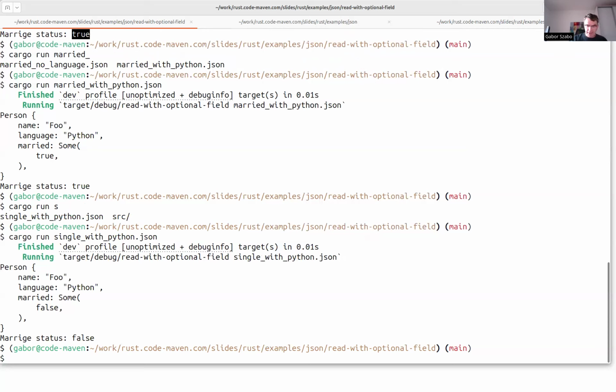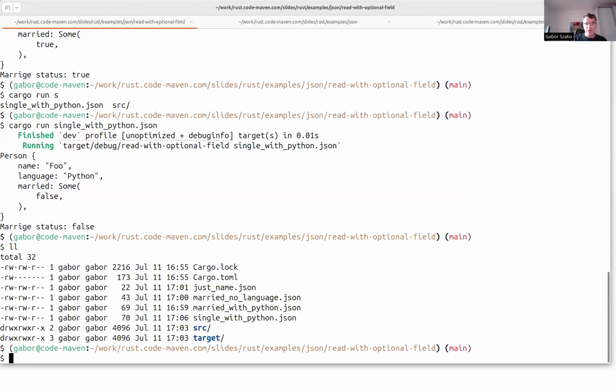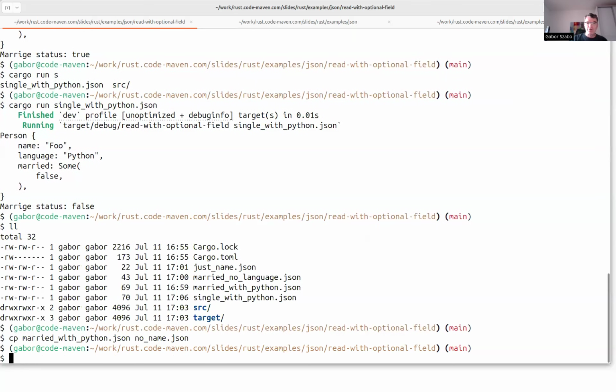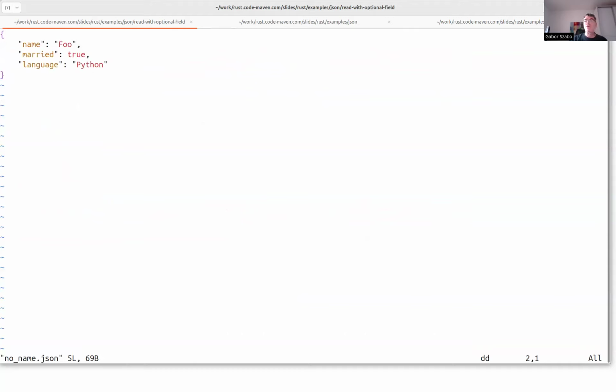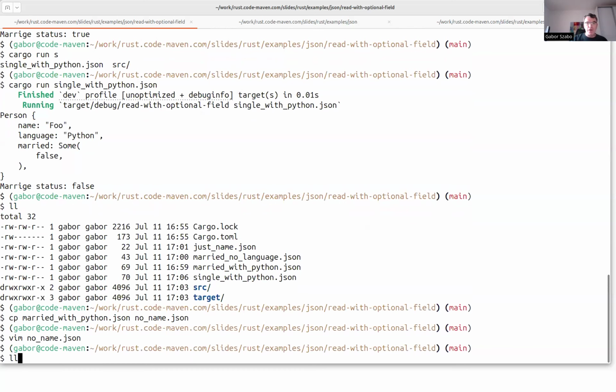And let's say copy, which one should I try? Copy married with Python, no name, JSON. Let's create another version here. So here we are going to create a version where we don't have a name. So we have married status, language, and Python. And now if I run this code,